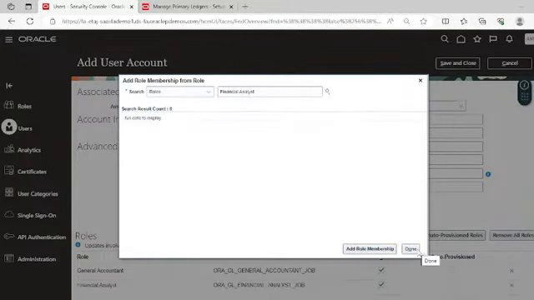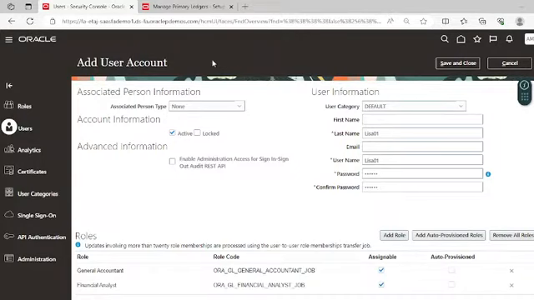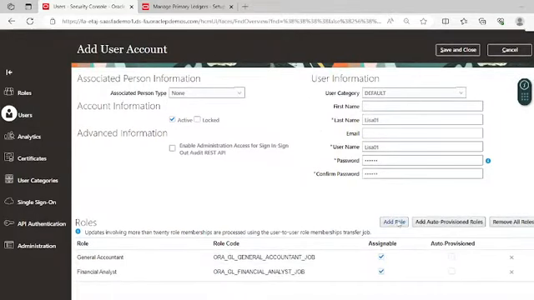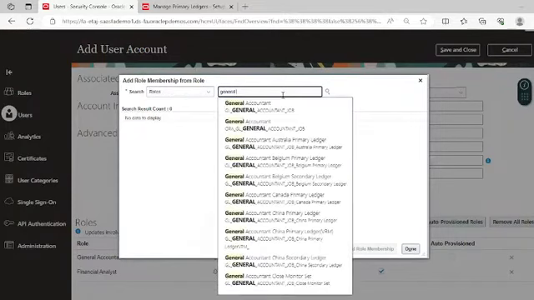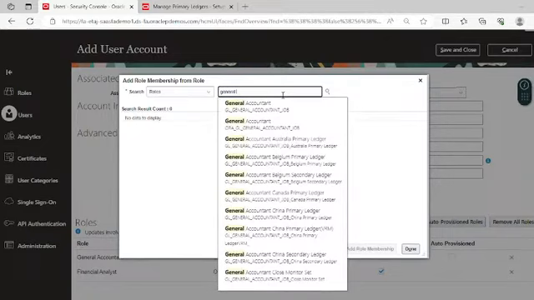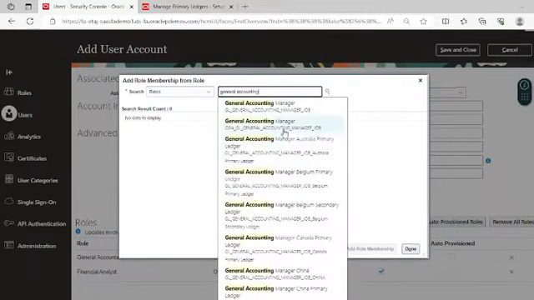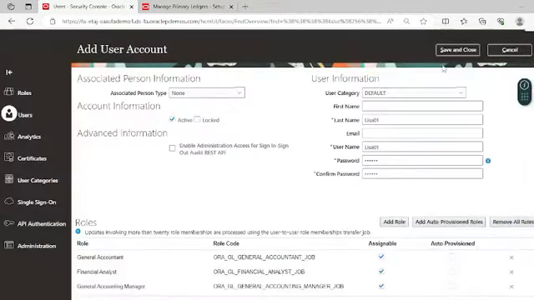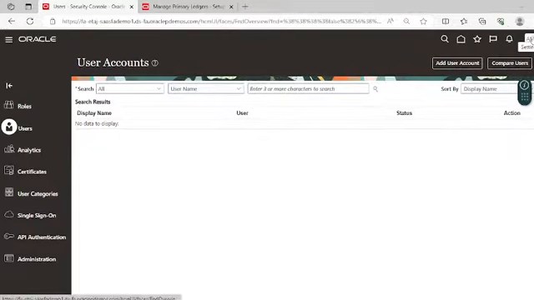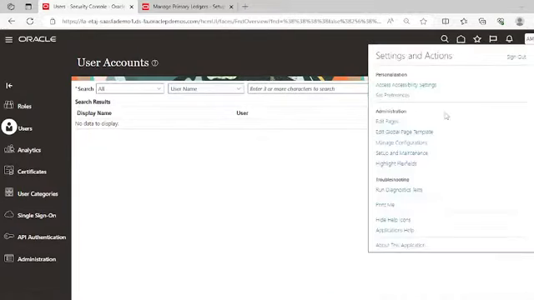So we have provided the journal ledger roles, and now click on save and close. Let's provide the journal accounting role also. Click on save and close, and now go to setup and maintenance.